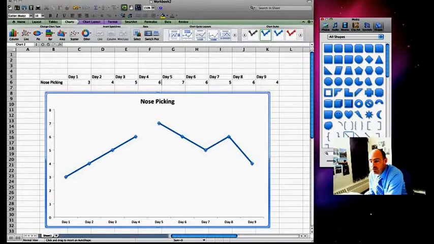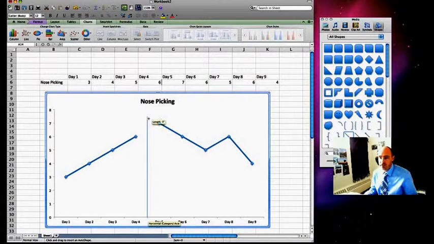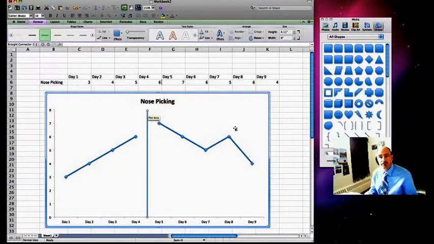Okay. So I'm going to insert a shape, double click it, and notice my cursor changed to a crosshair. Now I'm just going to draw a line where that is. I hold shift down to make it a perfect straight line. Done. Okay, and I just drew my line. Now we need to insert